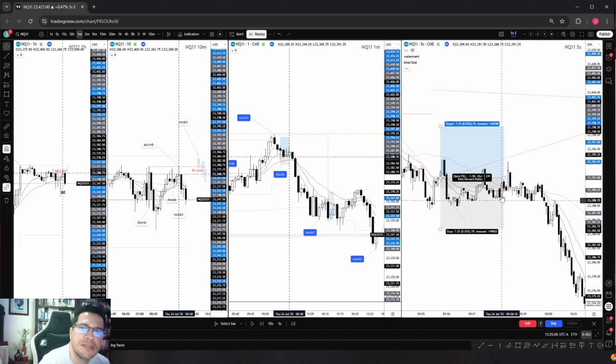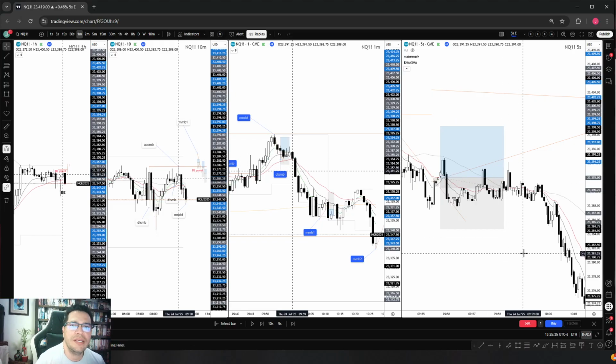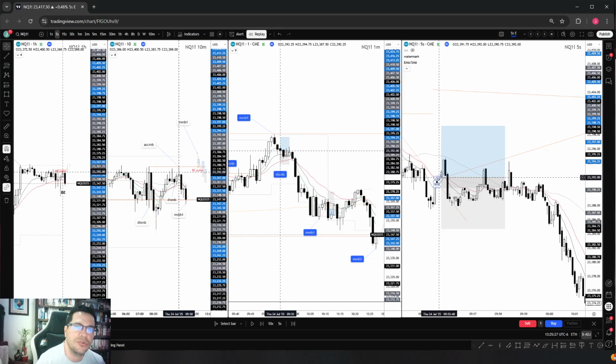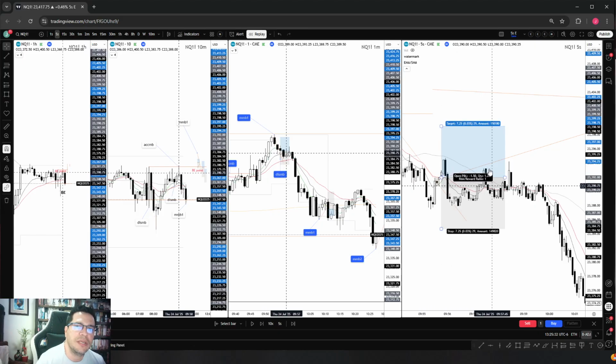So as soon as my loss wasn't that big, I manually exited the trade, and it took me out for a $50 loss. So again, it was not the best trade in terms of the entry due to price being below the EMAs at that time, and the management again was not the best. I should have gone out here, and I didn't, and actually that would have saved me 50 bucks in this case.